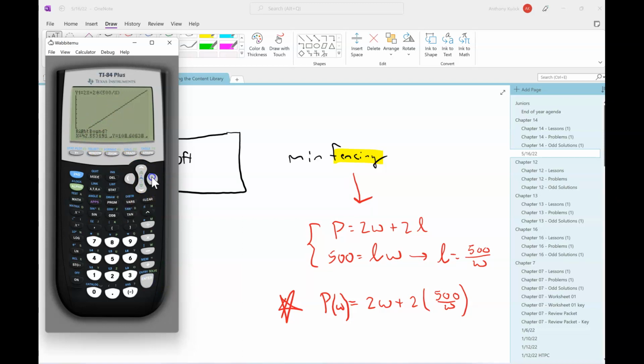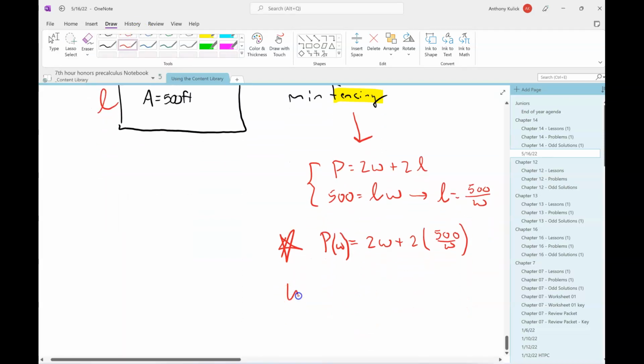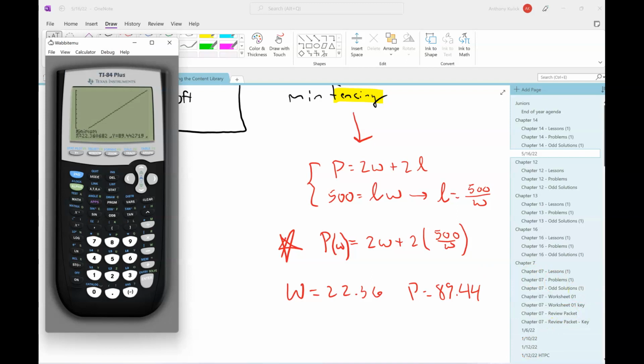And then my right bound, I'm just going to keep moving until the y coordinate's been getting bigger for a while. It's going to keep on getting bigger. I'm going to stop here. That's good enough. And hit my guess. So it says that my W is 536, and the perimeter then would be 2236. I don't know, why did I say 5? I don't even know. And then 8944 for the perimeter. I think that was 8944, wasn't it? Yeah, okay,